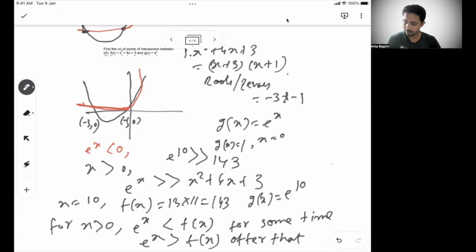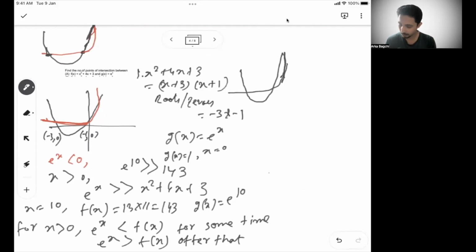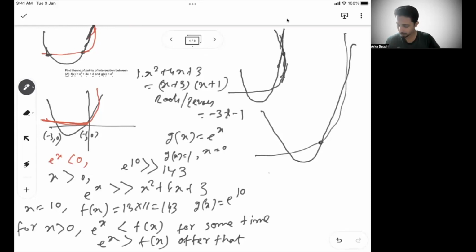Since the e to the power x graph is going like this and your graph is going like this, what I'm trying to say is this: since the rate of increase of e to the power x is very high, it will somewhere cut the parabola of the quadratic equation. Because it goes like this, it will cut it here, and somewhere here also it will cut. So there will be one point here, one point here, and then one point here, right? So there are a total of 3 distinct points where there will be an intersection.